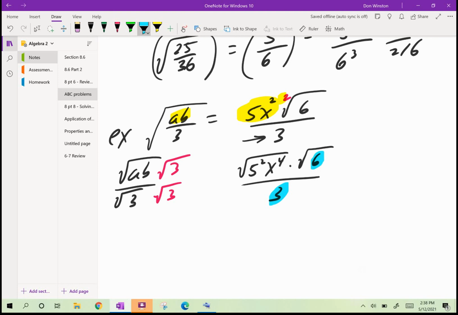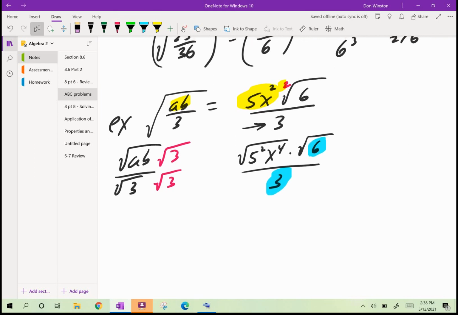and that will give you what it was before you rationalize the denominator. I'm going to say that again. All you have to do is take that number 6 and divide it by that number 3, and that will tell you what was in the numerator before you rationalize the denominator. So here we go. 6 divided by 3 is 2. So I'd have 5 squared, which is 25, x to the 4th times the square root of 2, all over